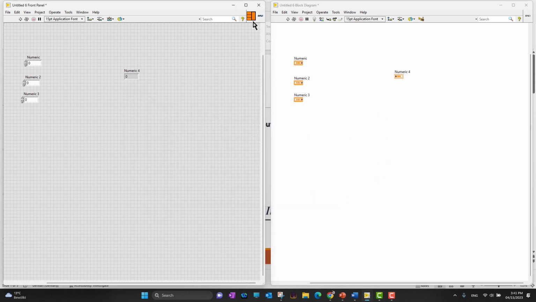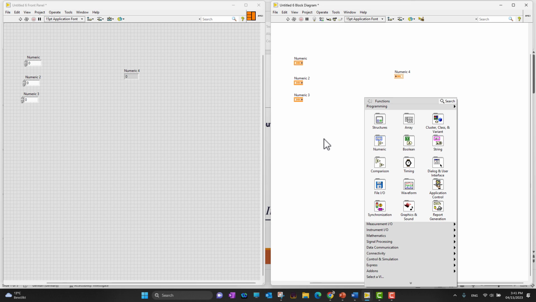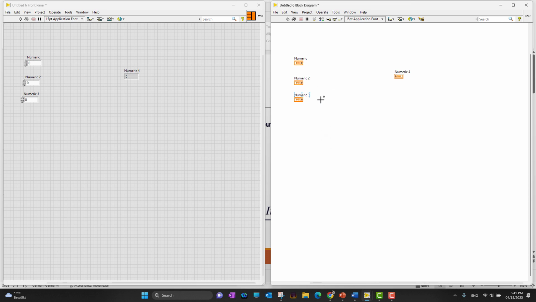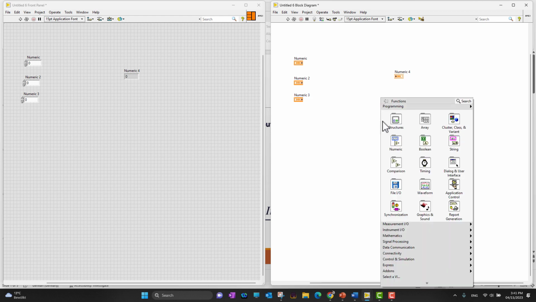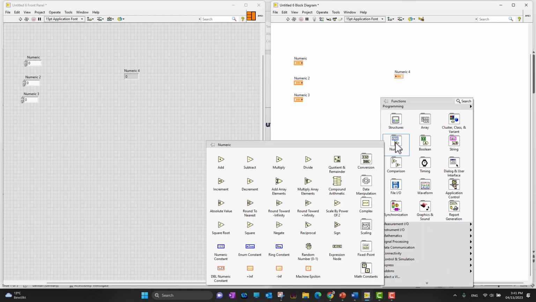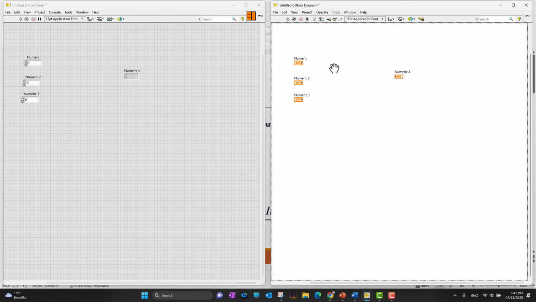So this is my sub VI which is already created, but before I save it, I just want to connect it. What I need to do now is add some functions, because I want to add these three numbers and then divide by 3. So the first option is I can go into the numeric, I can add two numbers, I can connect them,